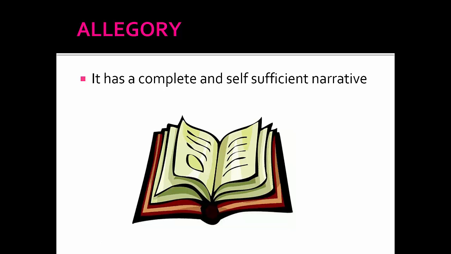Now, here's where the allegory comes in. We haven't gotten to the allegory yet. This is just the story. This is just the self-sufficient narrative, all by itself, the story. If you took a college prep class or an honors class or whatever they call them now. When I was in school, we didn't have those. It was college prep and honors. So there was no such thing as AP.